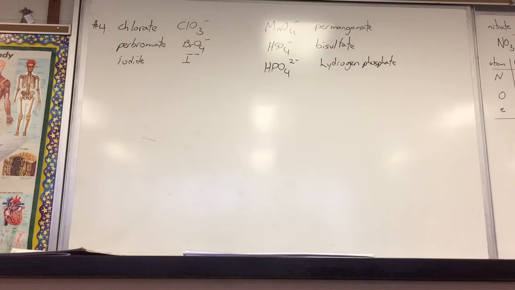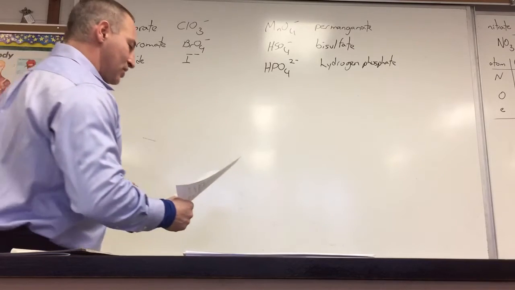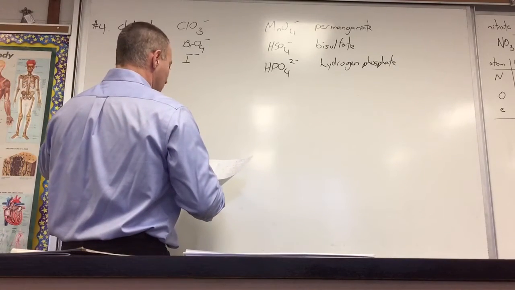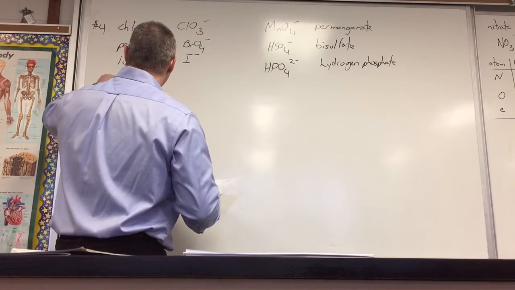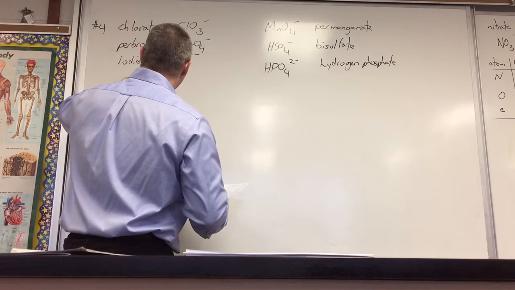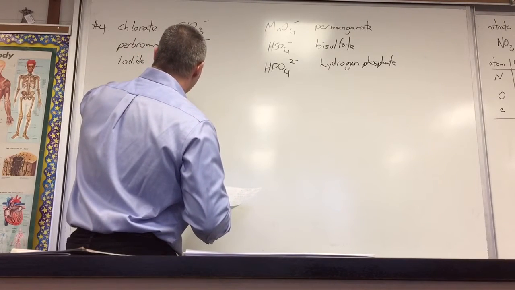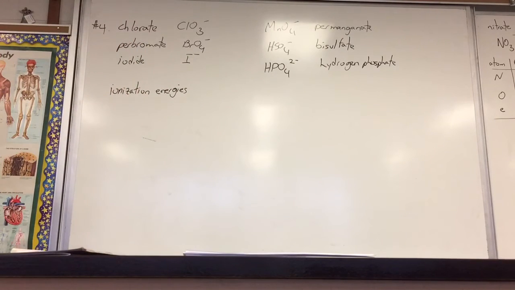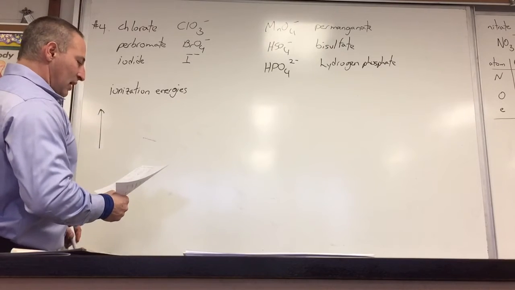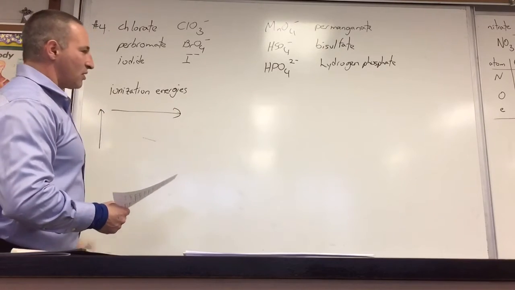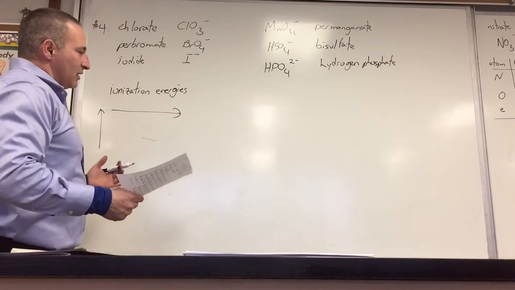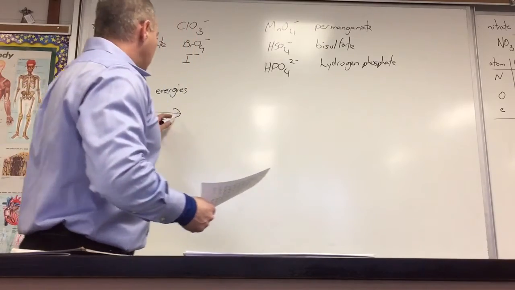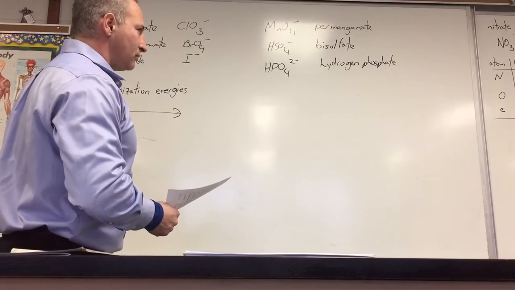The next thing I will expect you to know is the trends in the periodic table. I'm going to ask you about the ionization energies, which is the amount of energy it takes to remove one electron from a gaseous atom. They tend to increase as you go up the periodic table, and it increases as you go to the right. So the atom, theoretically, that's hardest to take an electron away from is probably around fluorine, towards the top right